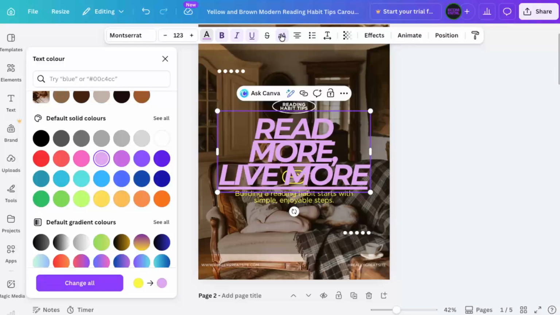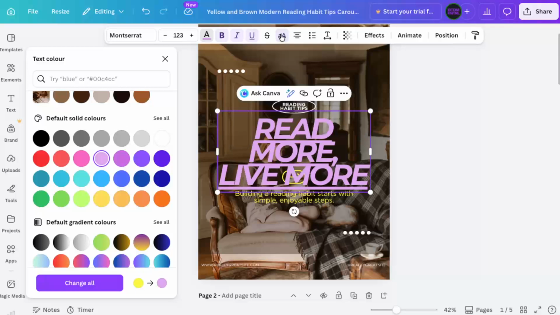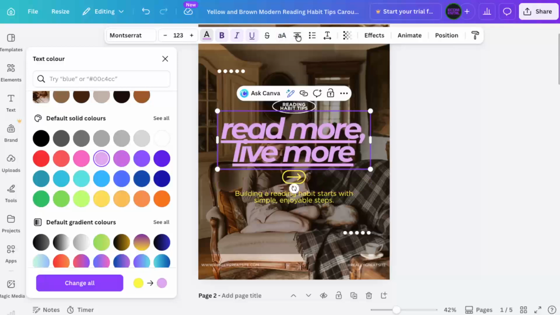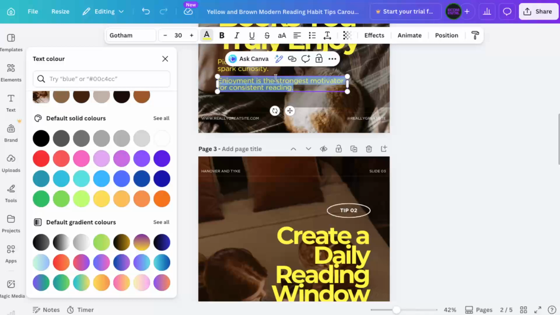If you'd like your text to be in all caps, click the uppercase icon. Canva will convert the selected text to uppercase instantly, which can make headlines stand out. For lists, click the bullet list icon. This turns each line of your text into a bulleted list, perfect for summarizing key points in a clean, structured way. Finally, if you want to completely replace the existing words, double-click the text again, press backspace until all the